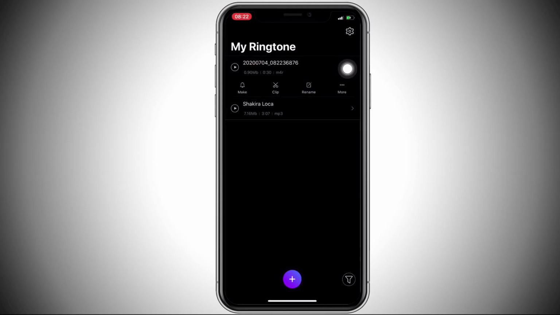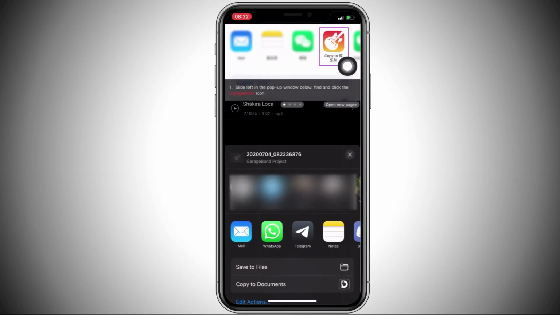Click on that new file and then click on the make ringtone icon, and you should open this song in another application, which is GarageBand. So you must select GarageBand to transfer this song.